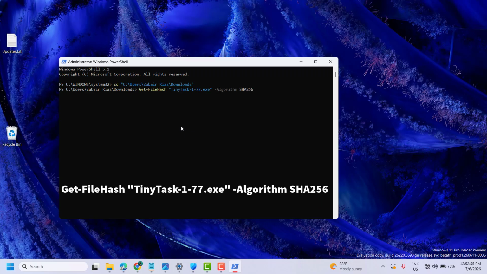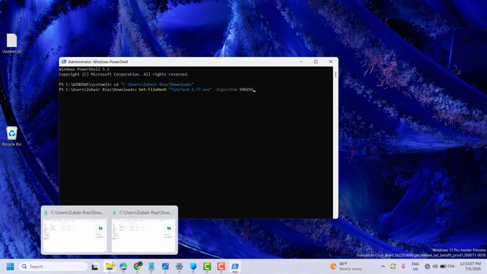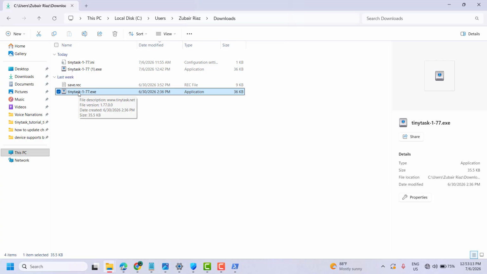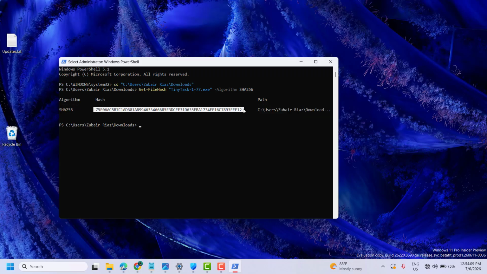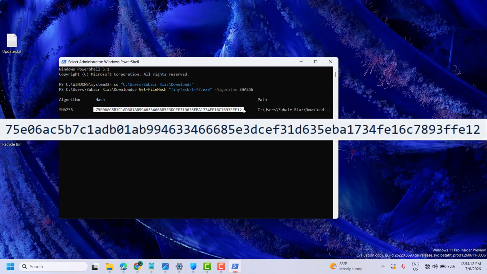Now here is the one command that we want to use, that is Get-FileHash for the TinyTask latest version, that is 1-77.exe. For your confirmation, you can see the TinyTask file name is the same in File Explorer and the PowerShell. Now here, let's press enter. Now you can see that we got the same hash result for the TinyTask file that we have downloaded. It's the same in our PowerShell as well as on the official website. So here we can verify that this TinyTask file is not a suspicious file